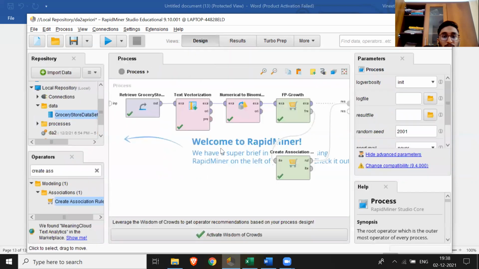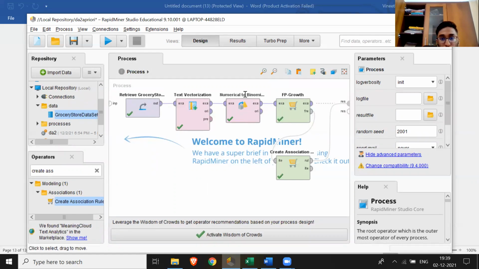And going back, the first thing that I've done is import the data set, and I've shown the data set. And then since the data is in its raw form, we are required to vectorize it. And so we use text vectorization to vectorize the data. And after that, the next